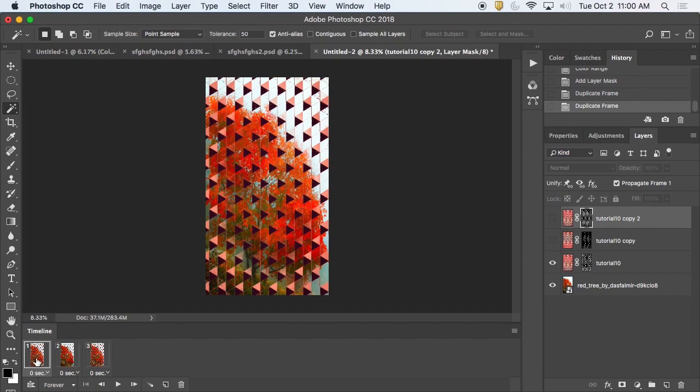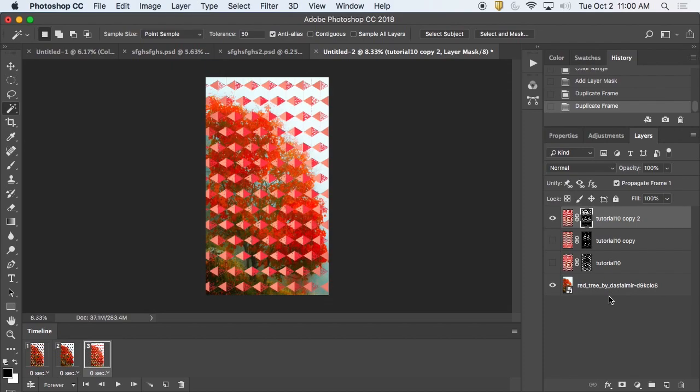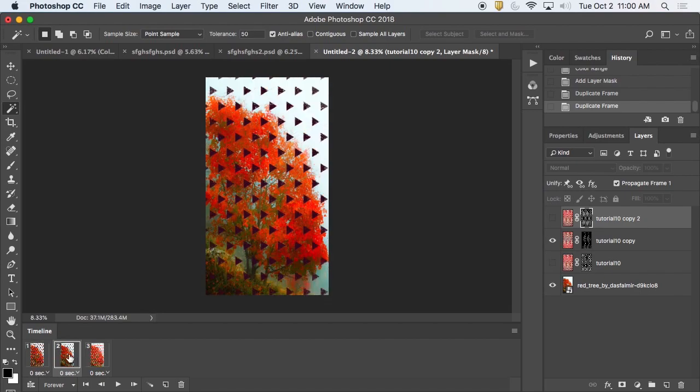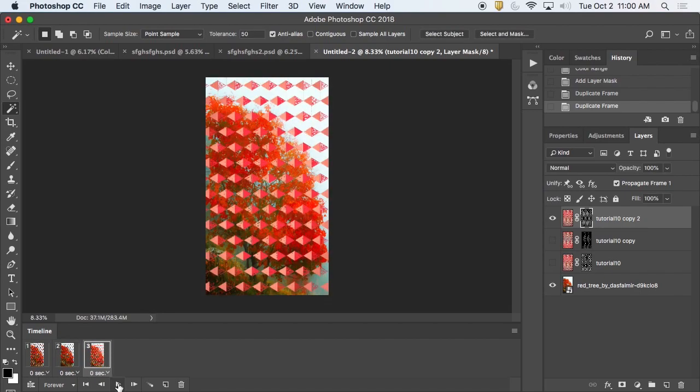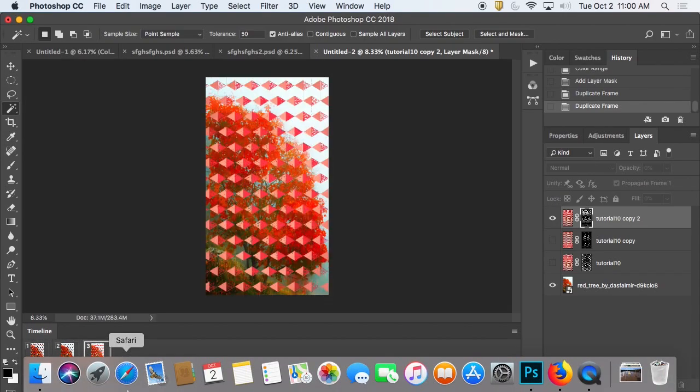So now that one's visible there, that one's visible there, and guess what I'm going to do for this one? I'm going to make this one visible, like that. All right? So watch the layers as I click through. That one, that one, that one. Now if I click play, it animates.